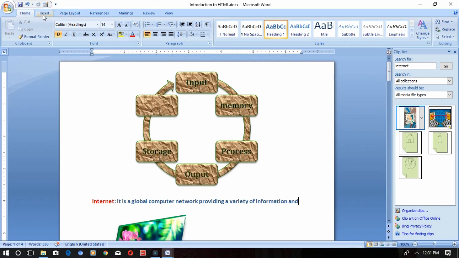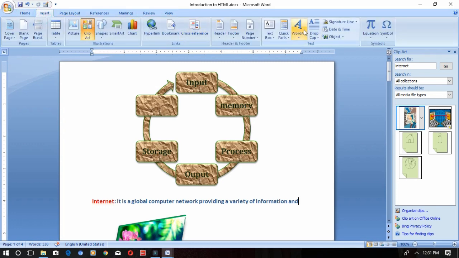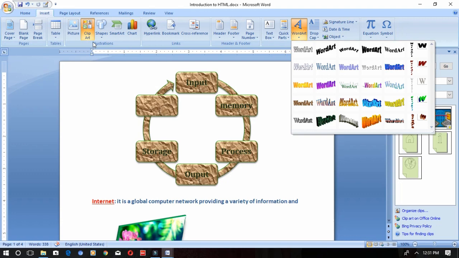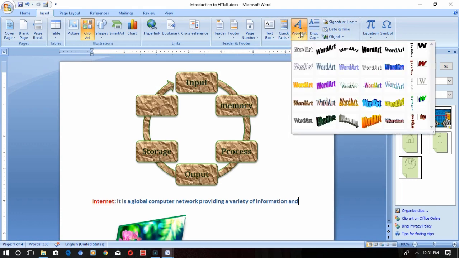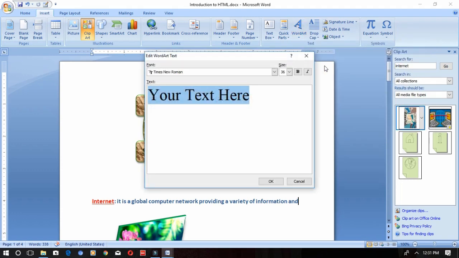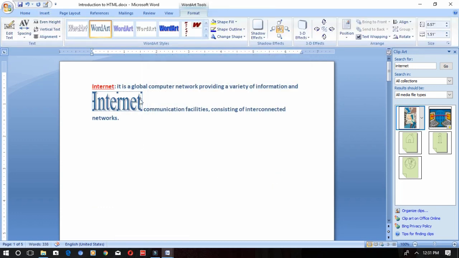Let's move to inserting word art. Okay, so where is it available? Picture, clip art, shapes or SmartArt were available in the Insert tab, Illustrations group, but word art is available in the Insert tab, Text group. So click on the word art from the text group. Okay, any of the word art you can insert. You just type your text over here. Okay, just type it, press OK, it will be applied over here.